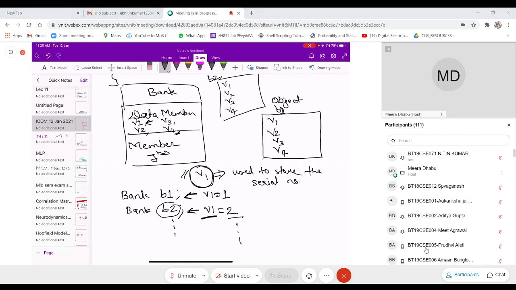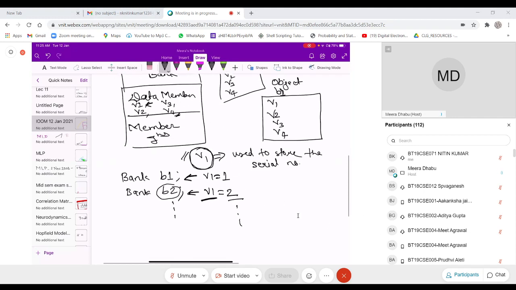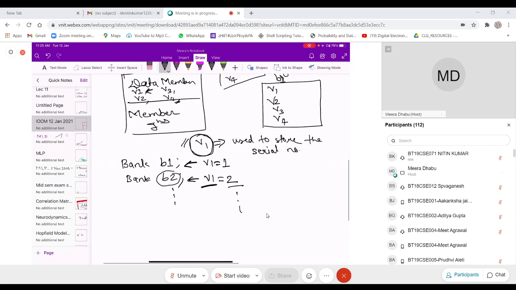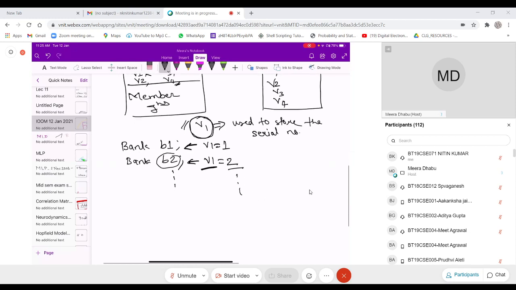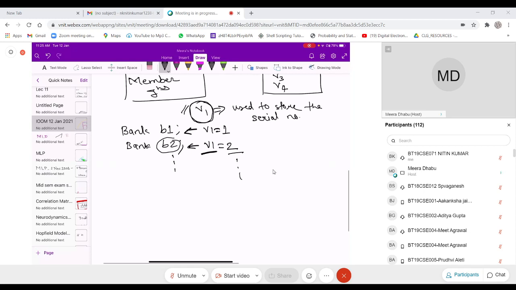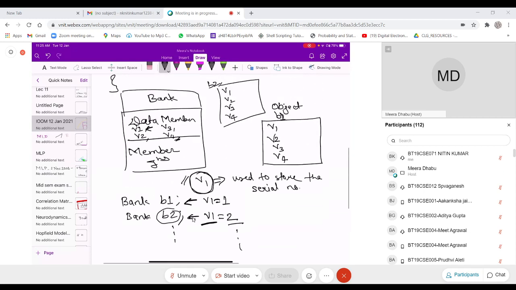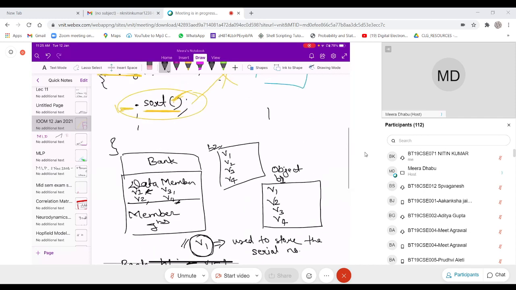Whenever you define any variable as static, it will occupy some different space. So assume that in addition to V1, V2, I defined one V0, which is a static data member: static int V0.